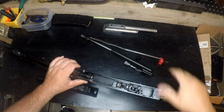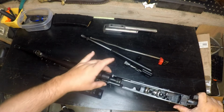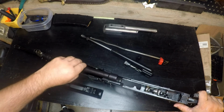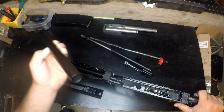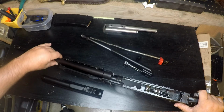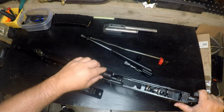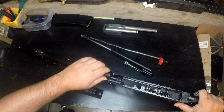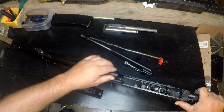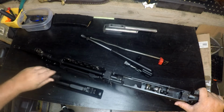Now, for the gas tube, unlike on other AKs where you have the block here and you have to crank it over, it actually just slides in and out. So you see it sits right on top of the gas block here and locks in like that, and then it dovetails into the receiver itself. And this is part of what, well, one, makes it a simpler system. You have fewer parts on it, it's lighter, but that's part of that accuracy and how this thing goes together, because ultimately